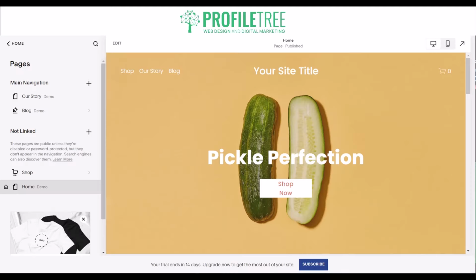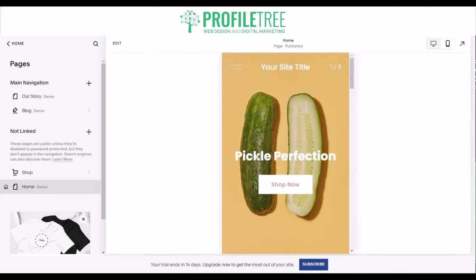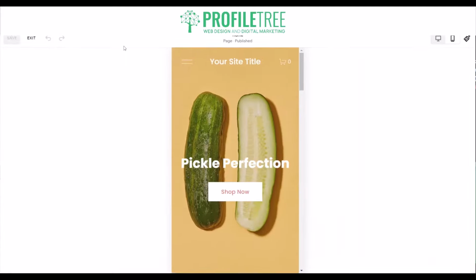So again, just using Squarespace website builder as an example here, as you can see, this is the site. I have it currently at desktop, so it looks great in desktop, but how about on mobile? So you can see how well it looks in mobile, and it looks okay there. So if I go ahead and click and edit on that,